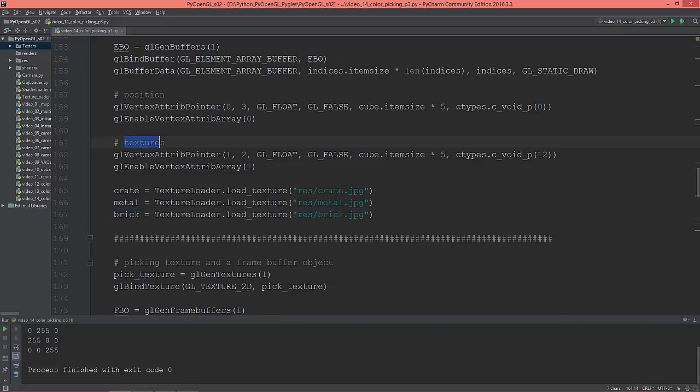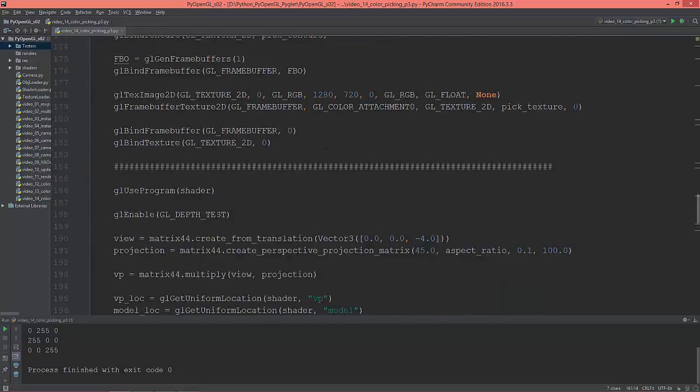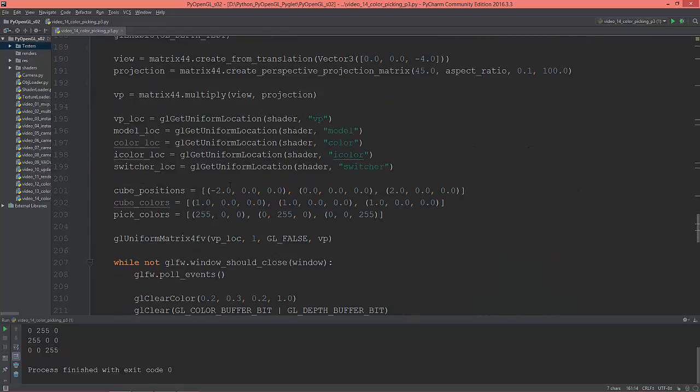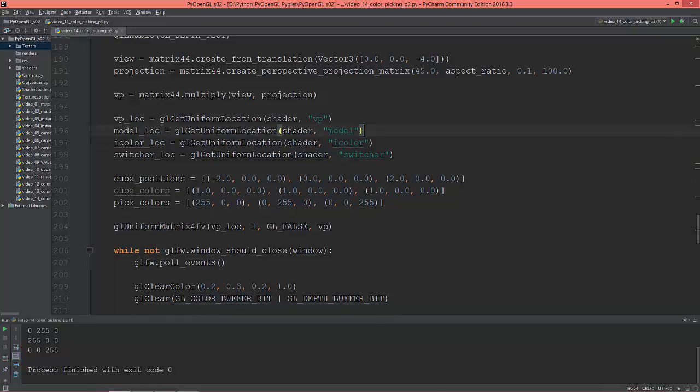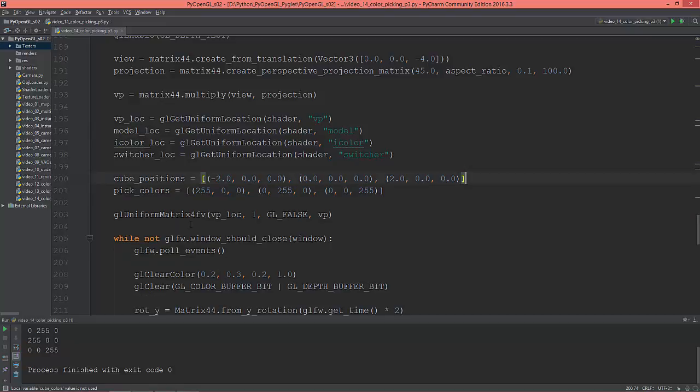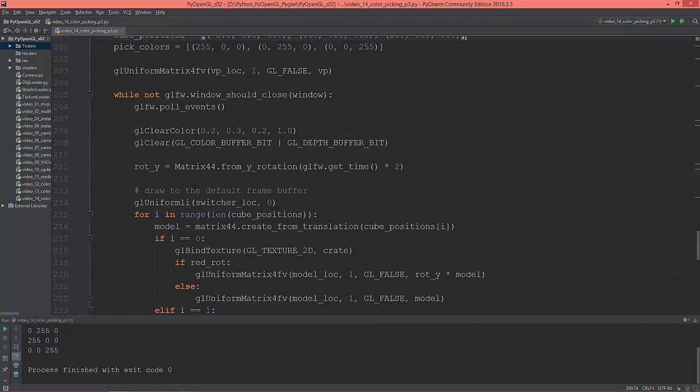Of course, I created the vertex attribute pointers, and everything else. We don't need the color location anymore. So I'm going to delete these cube colors we don't need anymore. So we have just the cube positions and the pick colors, and in the loop